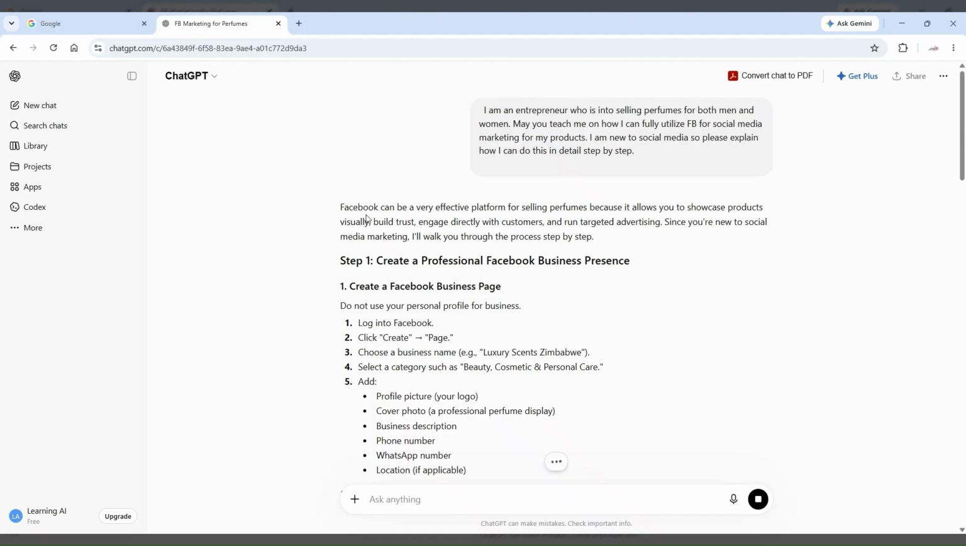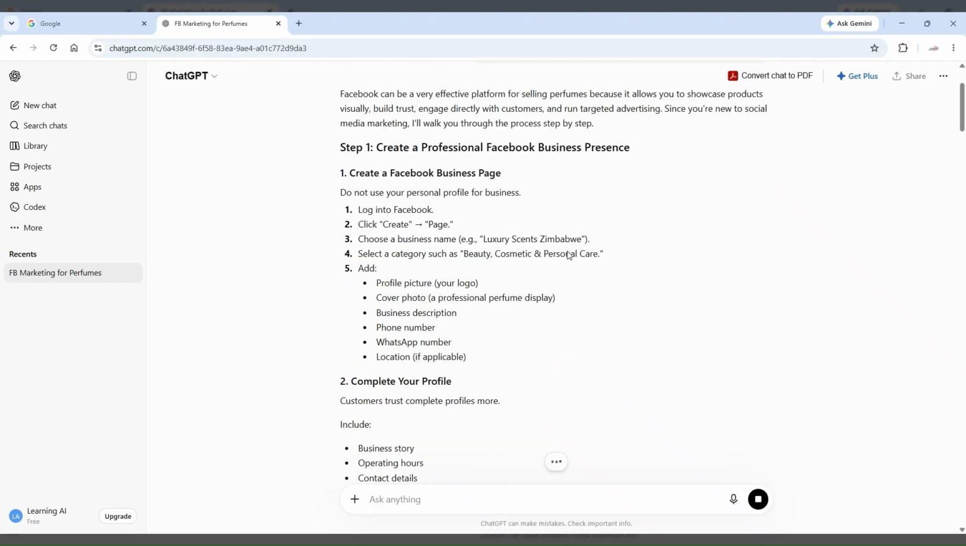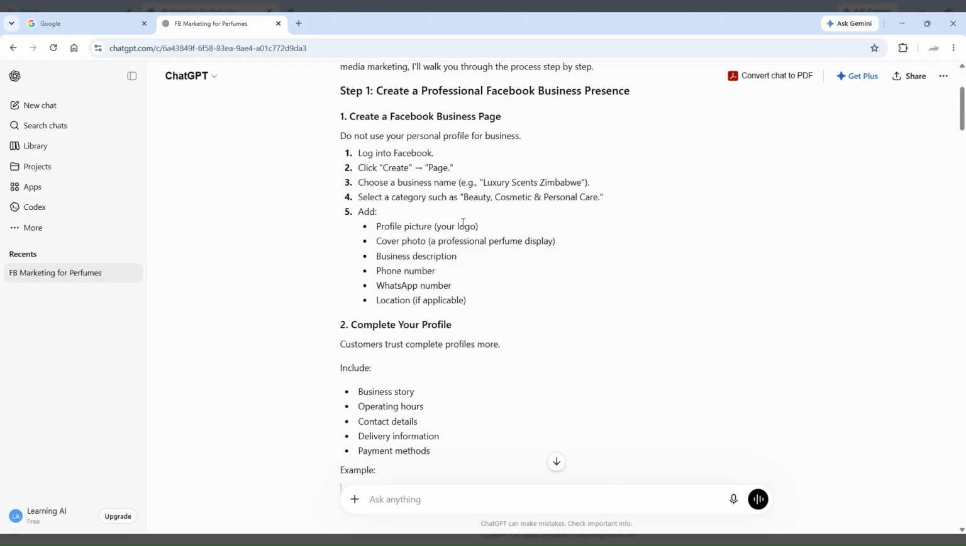So you'll notice that ChatGPT has already mentioned that Facebook can be a very effective platform for selling perfumes because it allows you to showcase, it's giving you that information. So the first step is you first need to create a professional Facebook business presence. It gives you the concept of how to create a Facebook business page. It gives you the steps one by one, how you log into Facebook,